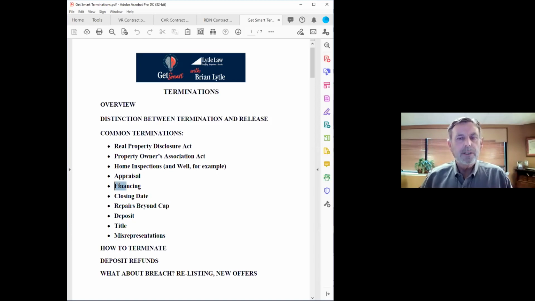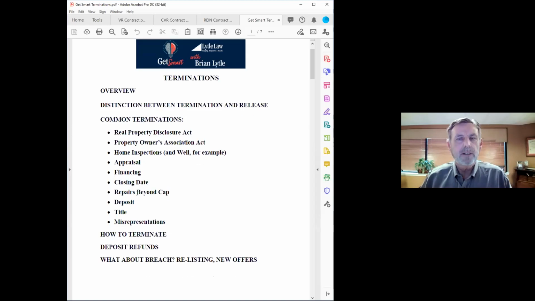The same thing is true in financing, and this is primarily in two respects. The contracts do talk about if the buyer doesn't do a certain thing by a certain date or in a certain way, the seller has the ability to terminate the contract. Likewise, of course, at least two of them talk about the buyer's ability to officially terminate the contract if the loan is denied. So, this really doesn't come up that much, but bear in mind, termination authority also exists under the financing clauses.